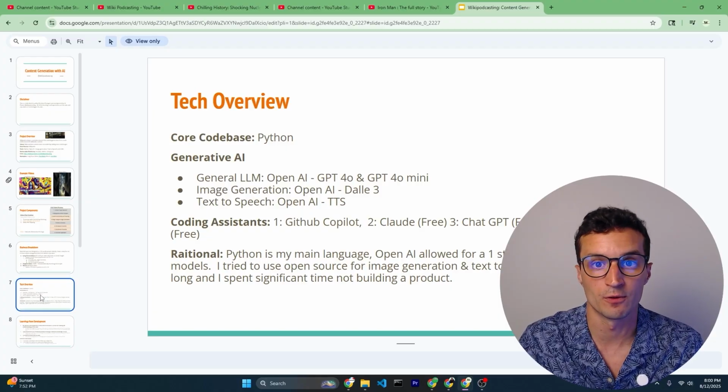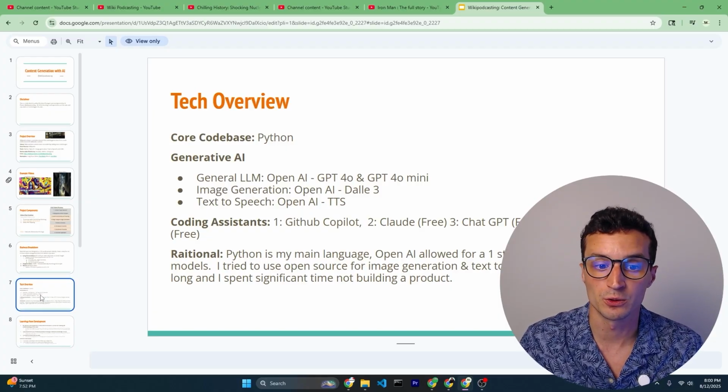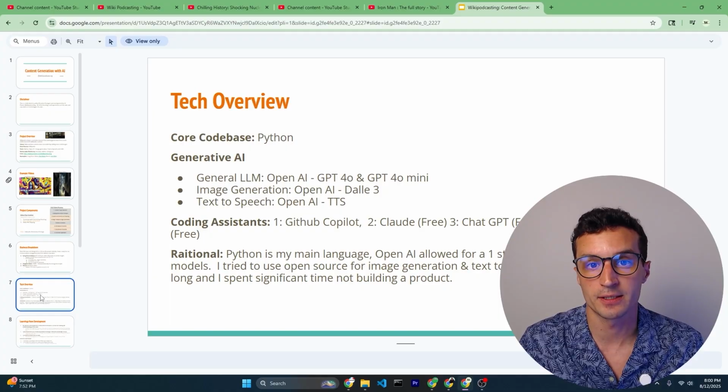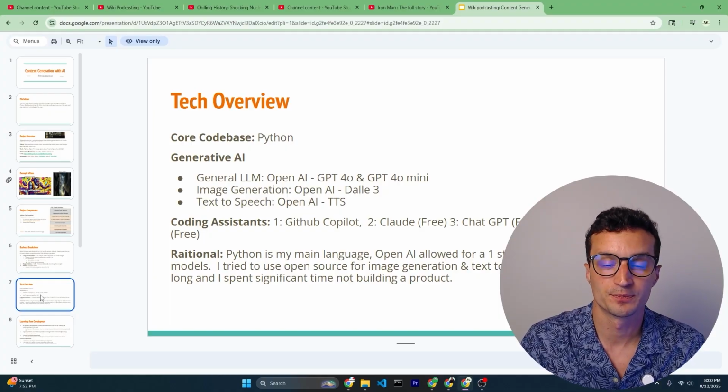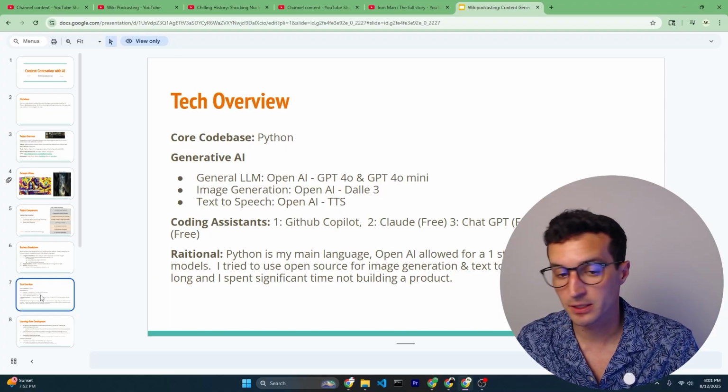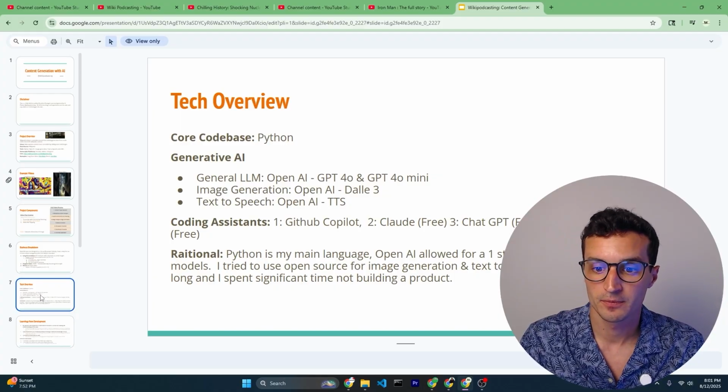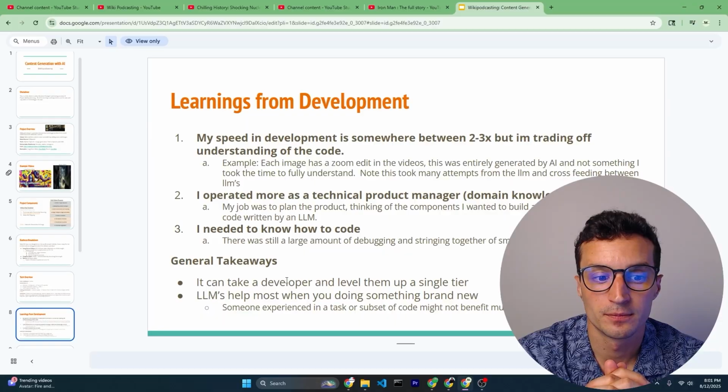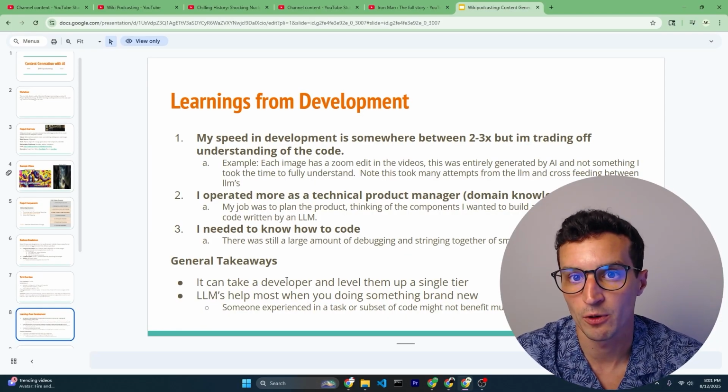Again, this was built in November 2024, so a bit older. And I used OpenAI's text-to-speech, which is available. I did utilize coding assistants like GitHub Copilot. And I also really utilized the web interfaces too for OpenAI, Gemini, as well as Claude to help further resolve some of my issues. I want to share some learnings that I had from this project that I think will